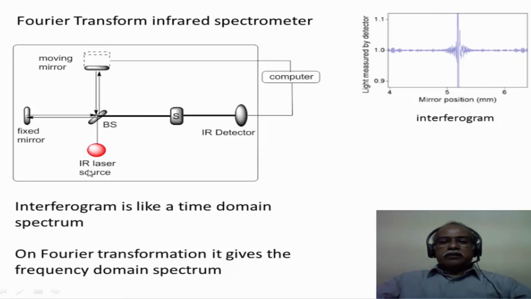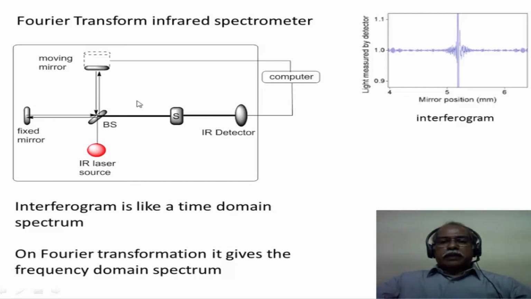Here there is a source of laser which falls on the beam splitter. Essentially the beam splitter splits the laser beam into 50% each of these two beams that are indicated. One beam goes to a mirror and gets reflected back to the beam splitter. The other one goes to a mirror and gets reflected, but this mirror is not in a fixed position. This is a movable mirror, whereas this is a fixed mirror. So when these two beams are mixed on the beam splitter, it produces an interferogram pattern. An interferogram pattern essentially looks like this one.